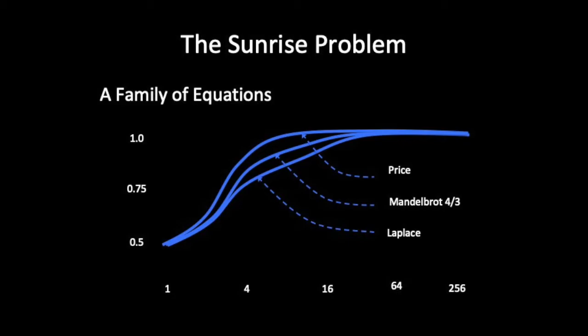Mandelbrot's equation lies between Price's and Laplace's equations, or more specifically, for all n greater than 0, Price's equation is greater than Mandelbrot's equation, and Mandelbrot's equation is greater than Laplace's equation. The scaling factor 4/3 is one of Mandelbrot's favorites, for which c equals log 4 divided by log 3, approximately 1.26186. For small numbers of observations, say less than 128, Mandelbrot's 4/3 equation approximates the geometric mean of the Pricean and Laplacian equations. Smaller exponents, such as c equals 1.05, may also apply in many circumstances.